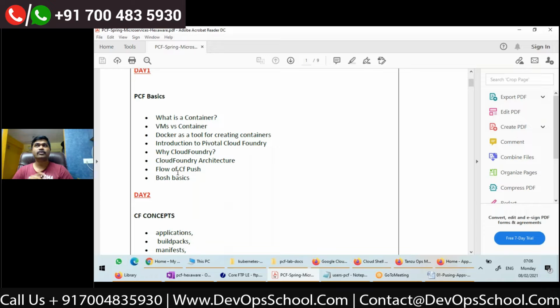And I told you some basics of installation. We discussed BOSH, a tool by which Cloud Foundry is deployed. And we understood the difference between open source Cloud Foundry and Pivotal Cloud Foundry in installation.